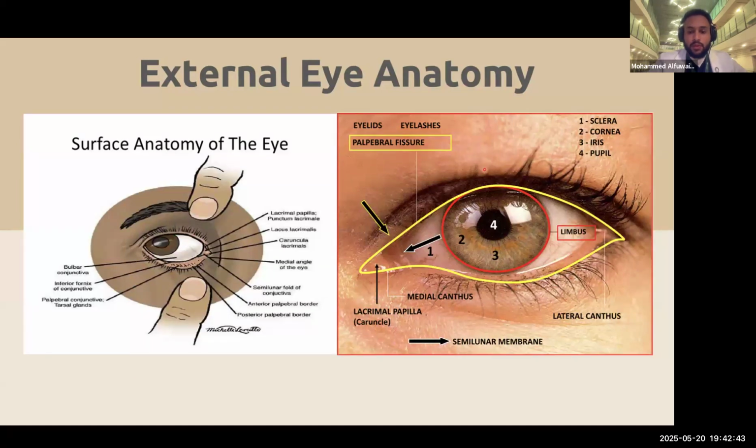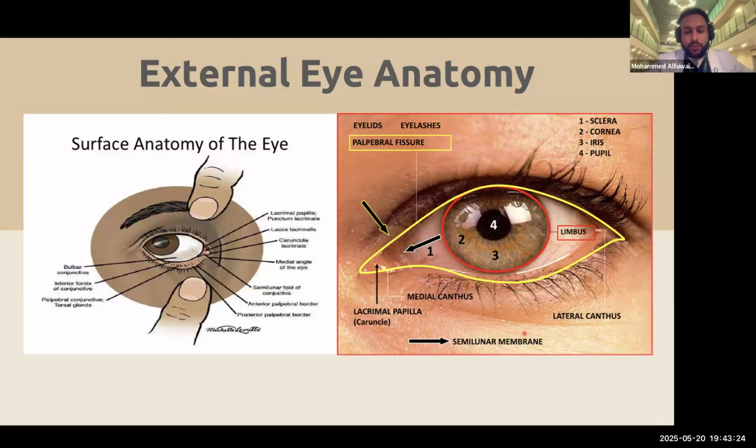And this is the normal palpebral fissure, the palpebra, which is the eyelids, which will have the normal hair follicles. Now, the important thing about the palpebra or the eyelids is that it will have specific glands, such as the meibomian gland, which secretes oil, which is full of lipids, and the other one is sebaceous glands. Okay, these are important. Then we have one thing over here, and you can't see it here, but there's something huge over here, which is the lacrimal gland, which will secrete tears. So that's basically what you need to know in terms of the